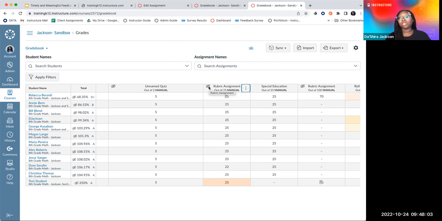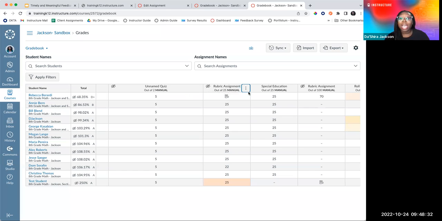That typically is great, but sometimes, especially if it's an assignment where you're providing feedback, it may take some time for you to get through all 30 to 50 of your students. So the grade posting policy allows you to grade, give comments and feedback, and then reveal those results to everyone at one time, basically post their grades, comments, and feedback at one time by applying a grade posting policy.